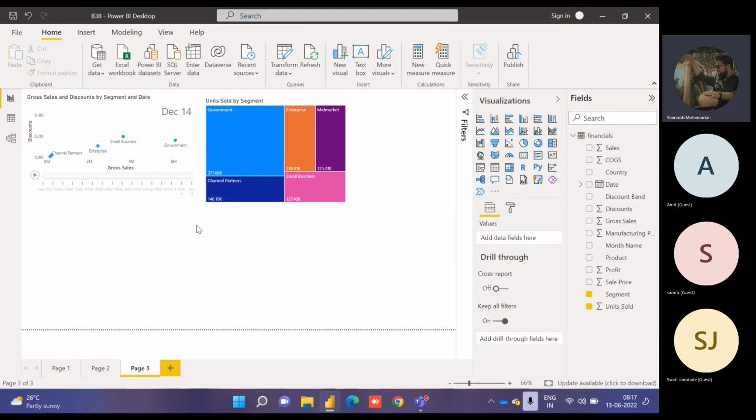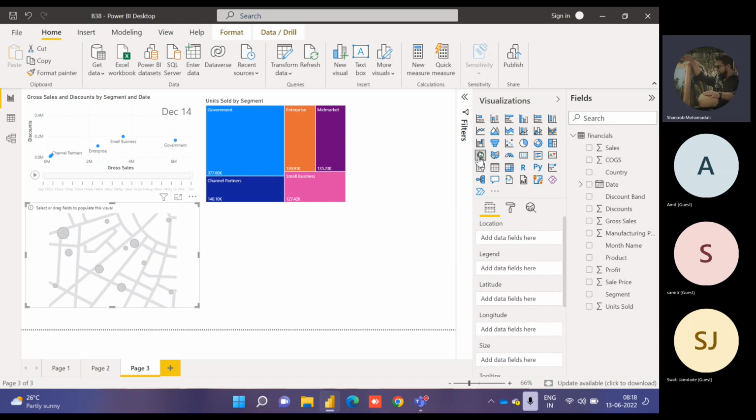Okay. Then there is the map visual. Now, when do we use this map visual? When we need to show some geographical data, in that case, we use the map visualization. So let's see an example. I'll use this map. Let's have the country dimension,